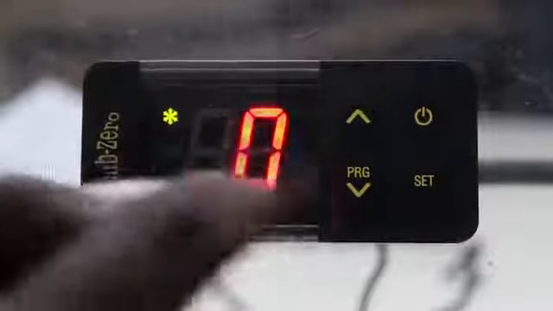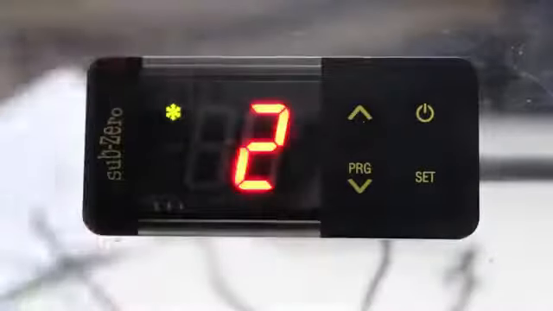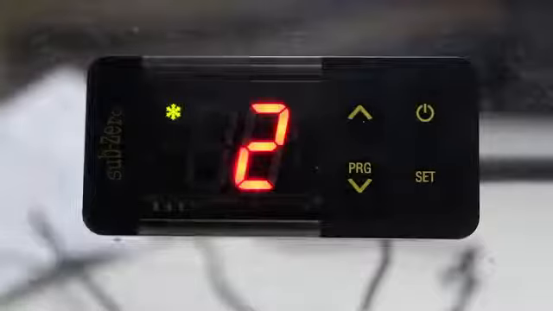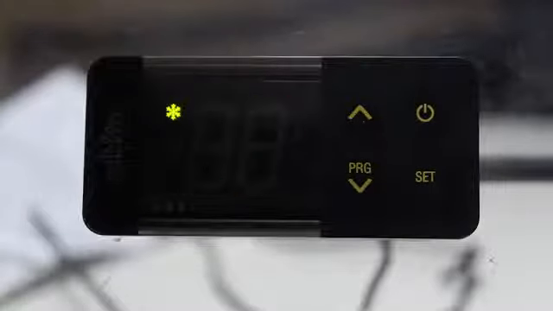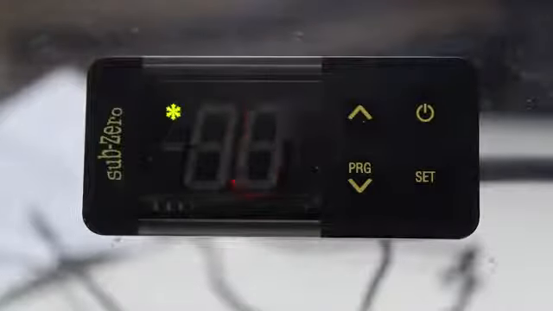When you set 0, it indicates that whenever the probe fails, your compressor remains off. When you set 1, it indicates that whenever the probe fails, your compressor remains on. And when you set 2, it performs duty cycles. That means it remains off for 4 minutes and on for 10 minutes.